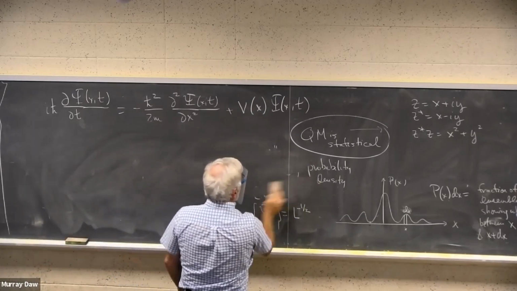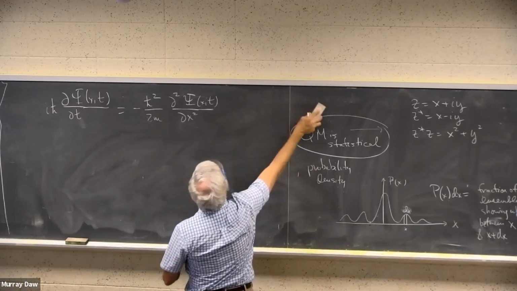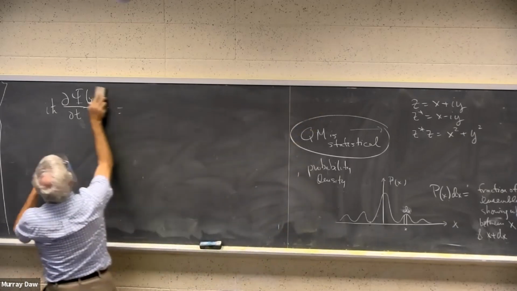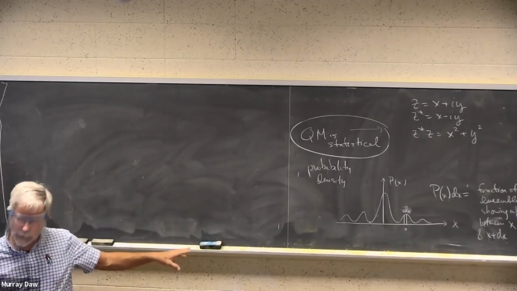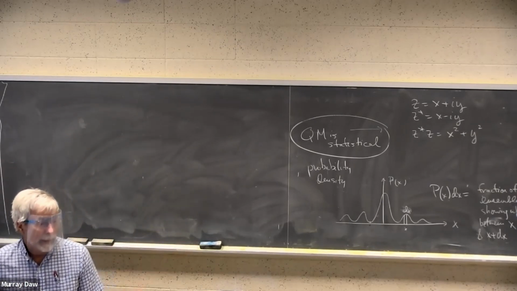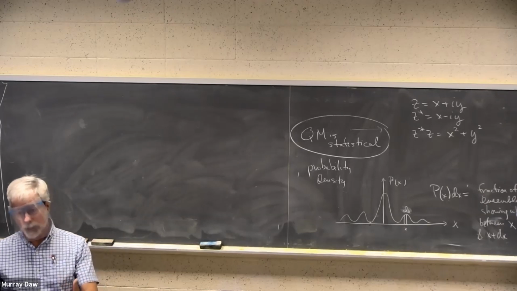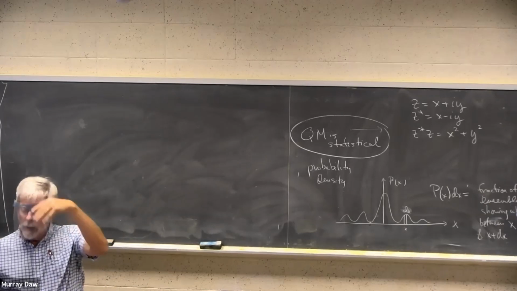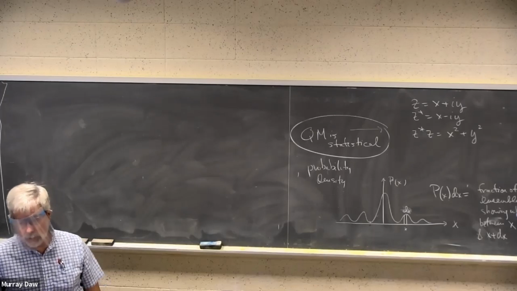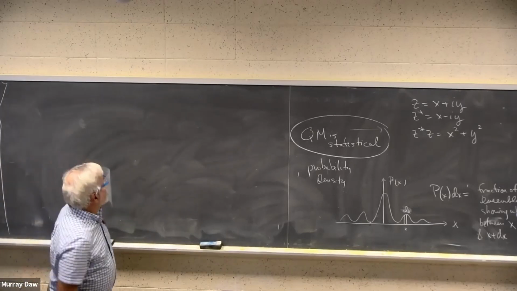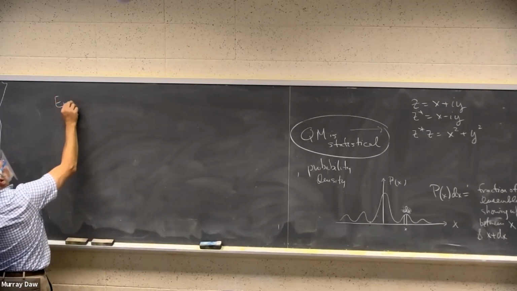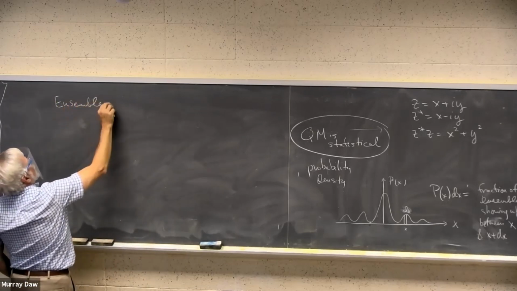So we're going to talk some more about ensembles. We're going to work our way to solving the Schrodinger equation. But first, we've got to have this detour into probabilities. We're going to have some exercises on probabilities so we can better understand the content of the solutions to the Schrodinger equation. Okay, so we said, talking about an ensemble of 1 point.